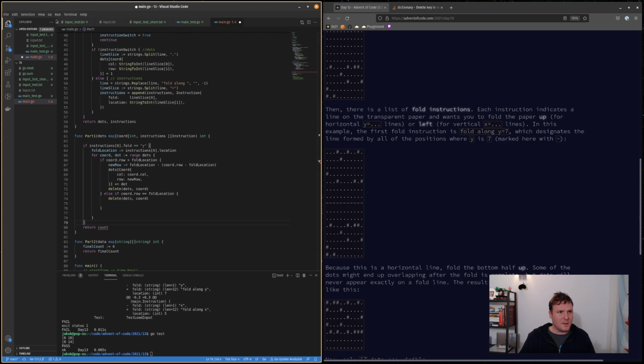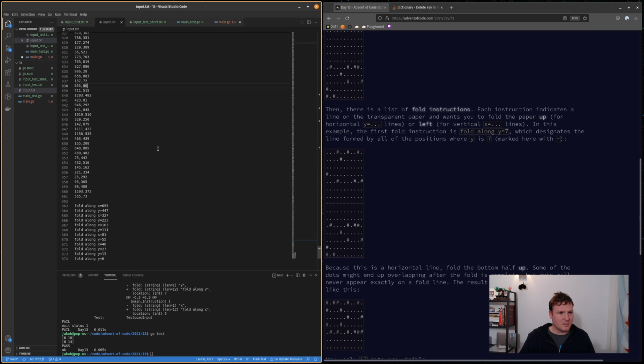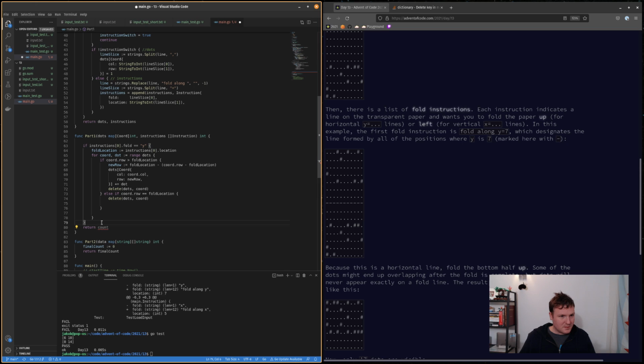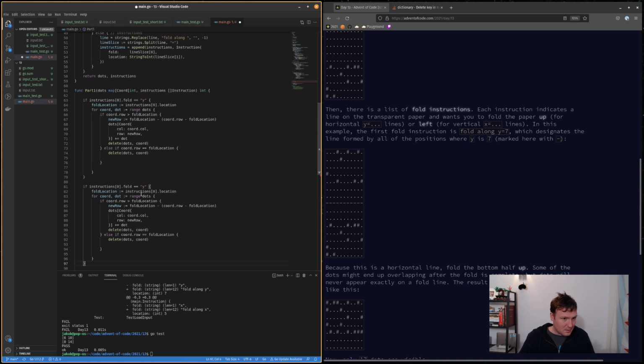What's our main input here? Oh, an X1. So I guess we got to do an X1. All right, so copy this. If fold instructions equals X, and basically we're going to change